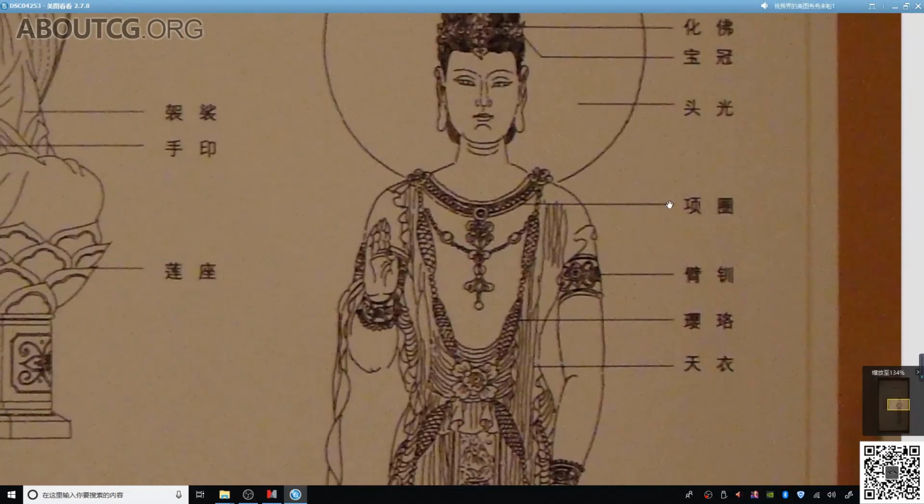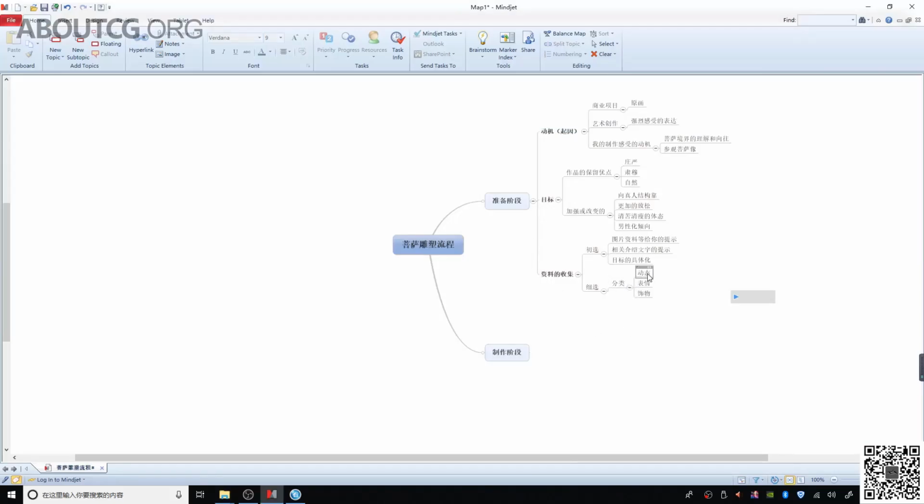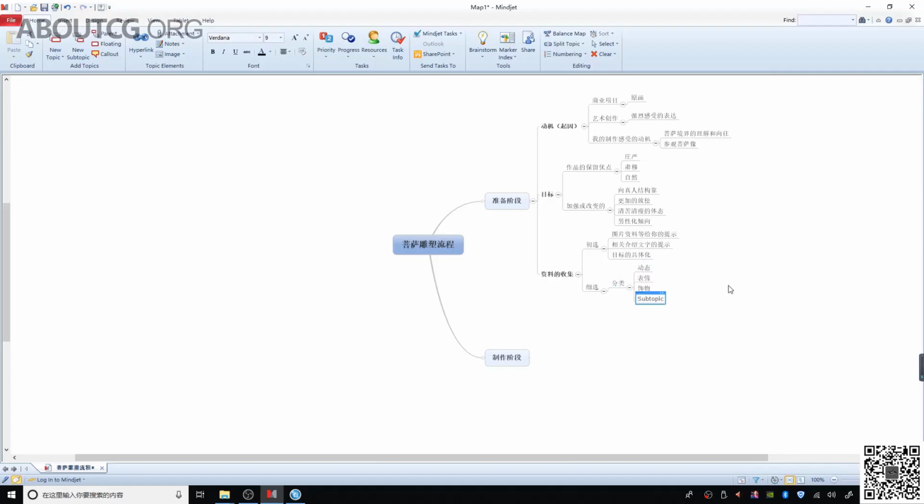So we will divide it into two parts. The first part is about the essence of the Bodhisattva, which refers to the physical aspect. The second part relates to the aspects of things. We need to distinguish between them. Classification, physical aspect. Let's break it down in detail here. Parts of the body. We'll make a rough division.